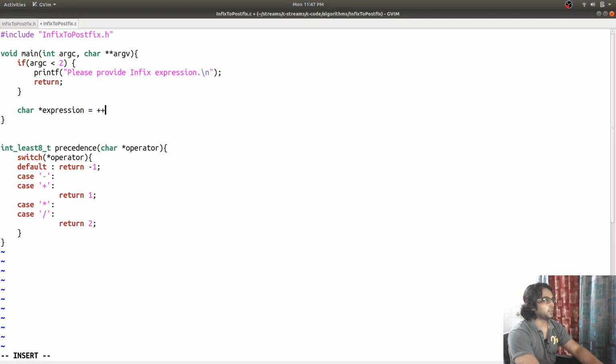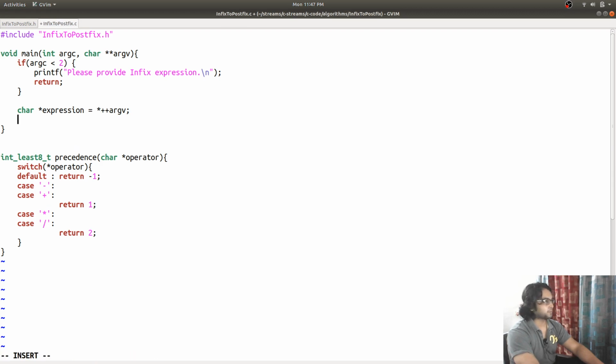So I will have to increment to move to the next block of memory, or the next string in this array that argv points to. So I moved to the next block, and then I ask for the value on that block.